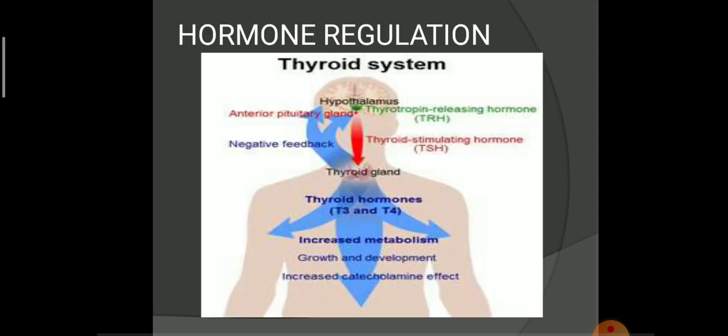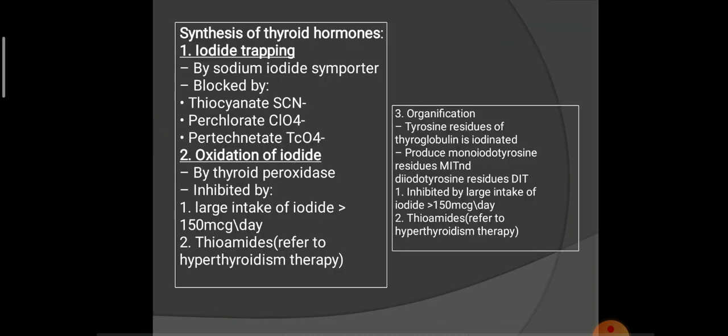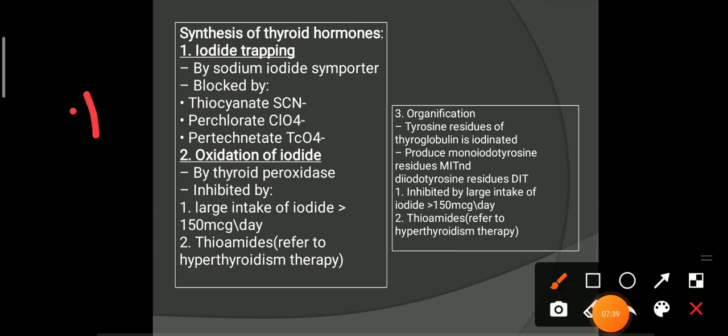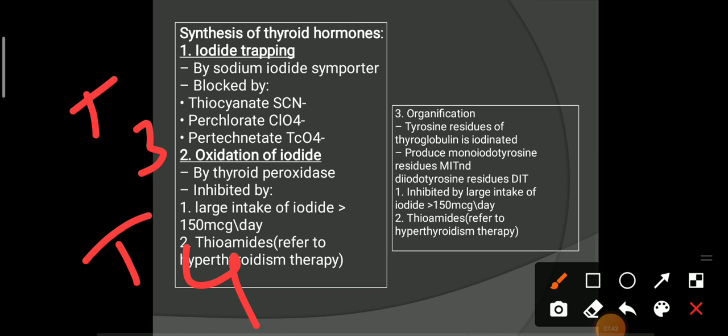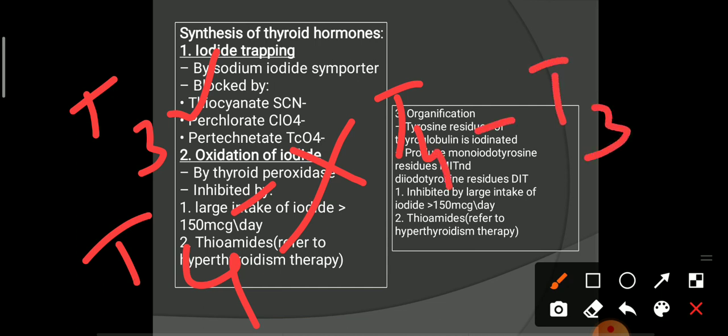Now T3 and T4 are released into peripheral circulation, right? T3 and T4 with the help of our third enzyme, that is thioendopeptidase. Okay. Now here T4 is biologically inactive, whereas T3 is active. So conversion of T4 to T3 must take place. This is done by our fourth enzyme, that is 5-deiodinase. This enzyme helps in conversion of T4 to T3.